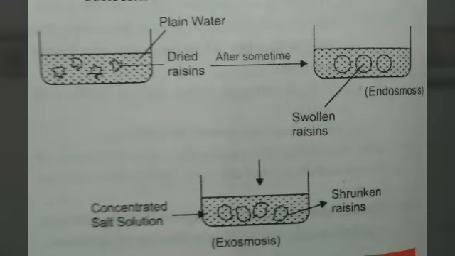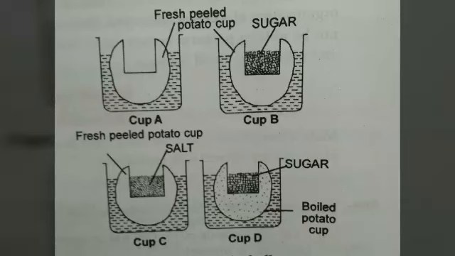This is the example of raisins. When we put dry raisins in water, after some time they swell up. So it is endosmosis. And when we put these swollen raisins in sugar solution, they shrink. That is exosmosis. Another example, when we put a cup of